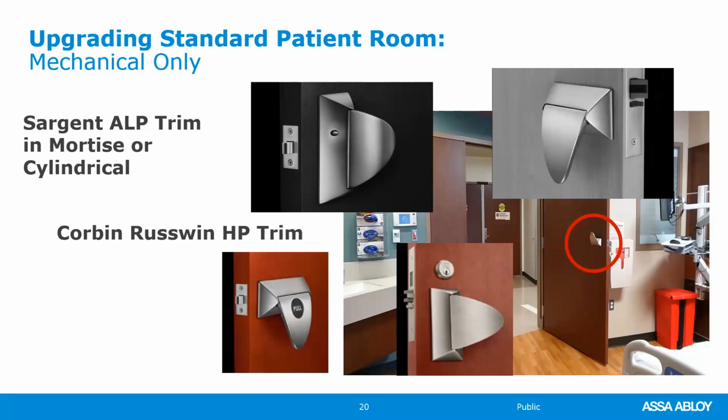You also see the tubular or cylindrical function on the screen, and this function is available in a 2 3/4, 5-inch, or 7-inch back set. The back set allows us to get the handle further away from the edge of the door. In the case of a 7-inch back set, that gives somebody backing into the room a lot more area to either put the back of their arm on to push it open, or even their back to push the door